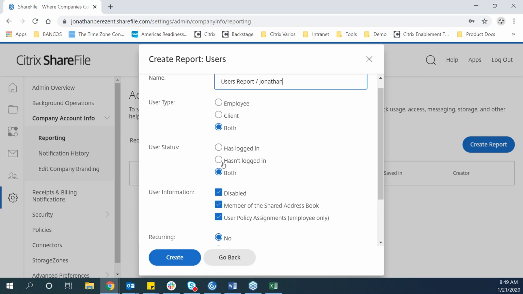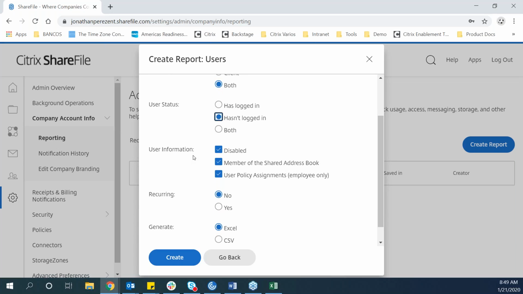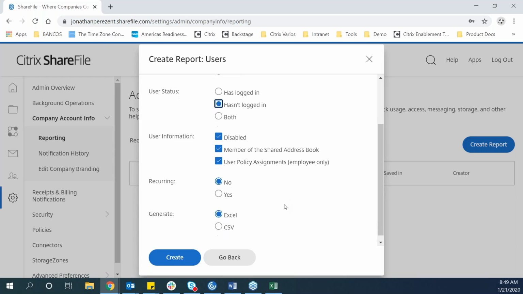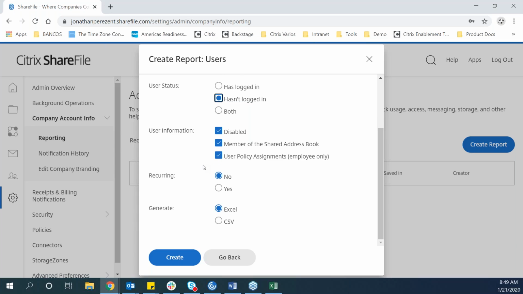Same for the status. So I just want to make sure on the user that hasn't logged into the system yet, and you have some additional information here, whether they are disabled, if they're members of a shared address book, or if they have some policies assigned to them. Then here is the option where you can actually make this a recurrent report or not. So you just want it one time, or you can click on yes, and